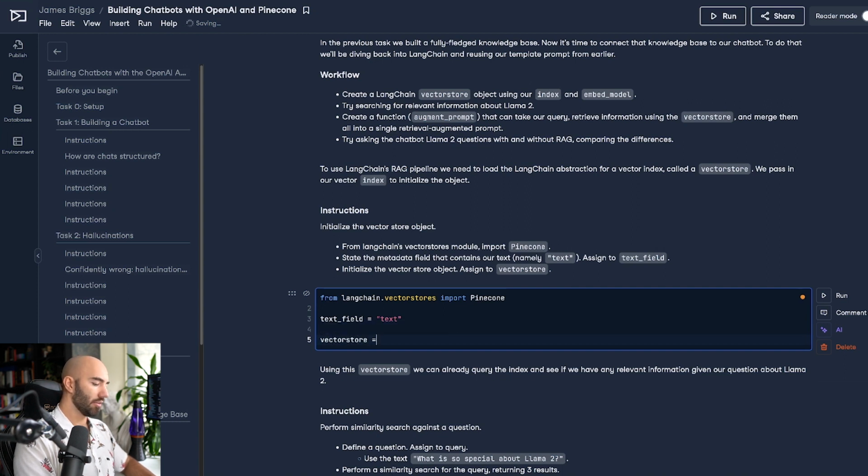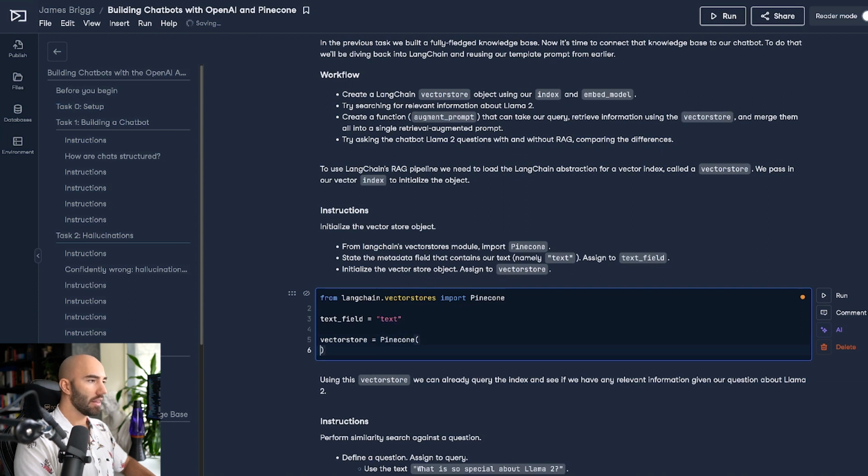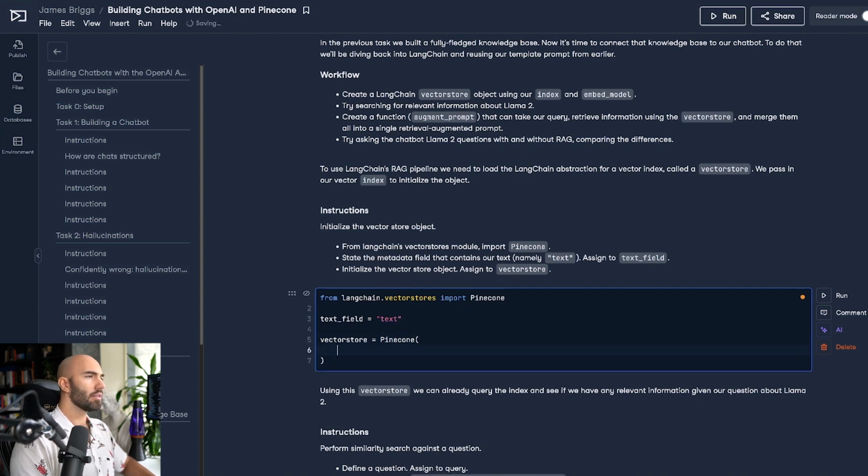And then we initialize our vector store object. So vector store equals Pinecone. And in there, we need to pass a few things. We need our index, which we initialized earlier. We need the embedding model, but we need the function within that embedding model, or method, that embeds queries. Okay, so we do embed query. Embed query versus embed documents: this will take a single text string, whereas embed documents takes a list of text strings. That's the only difference. And then we have our text field. Okay, and with that, we have initialized our vector store.